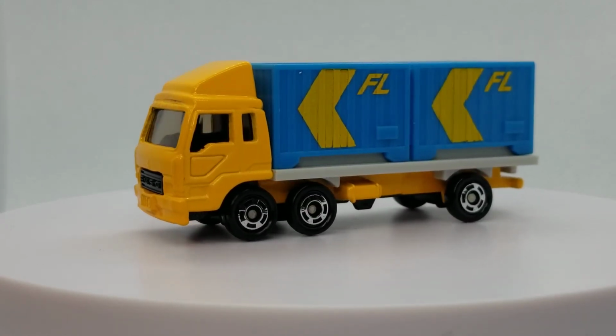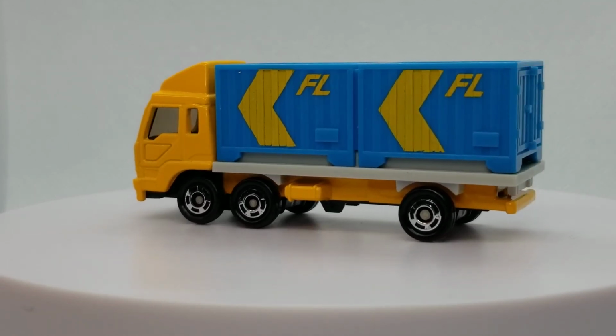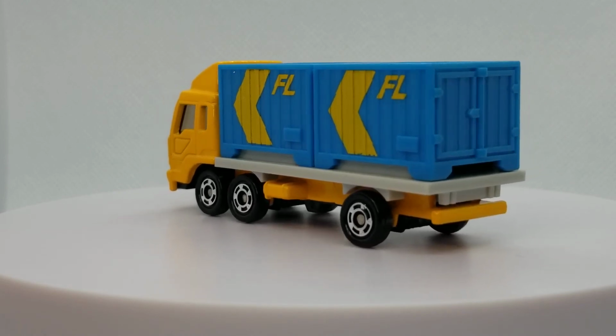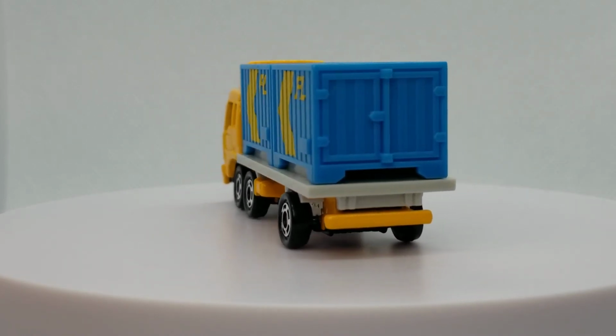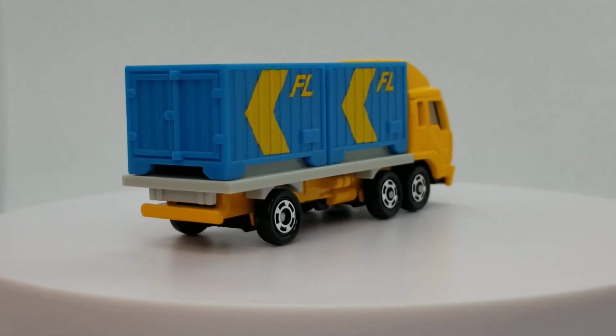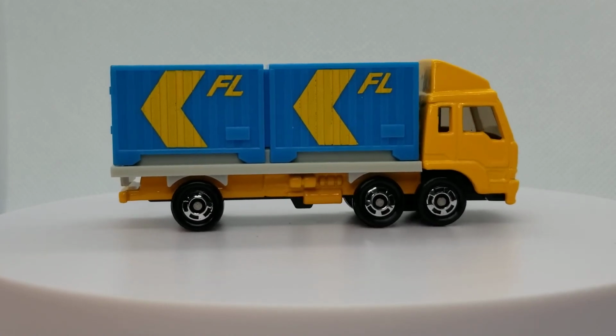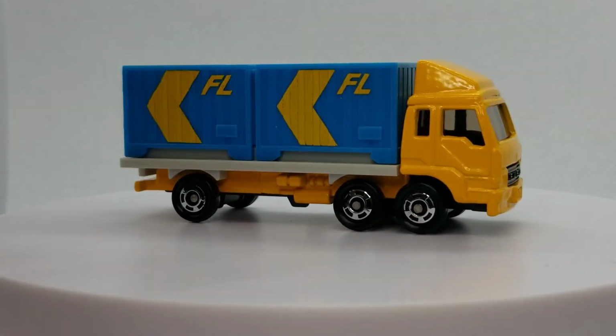I don't know really the purpose behind that, because I know that there's not a whole lot of tractor trailers in Japan, so maybe that's kind of what this is. It allows for a bigger, heavier load, but it's more maneuverable in the urban environment, I believe is what this is for. So